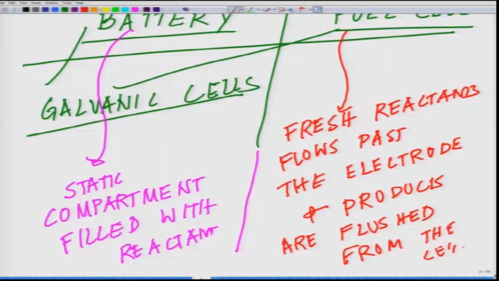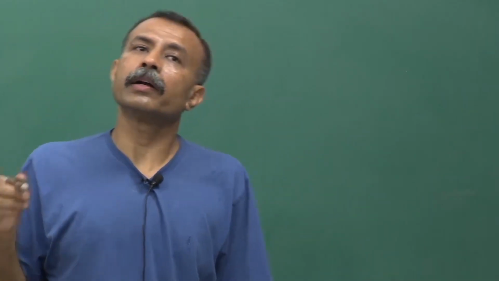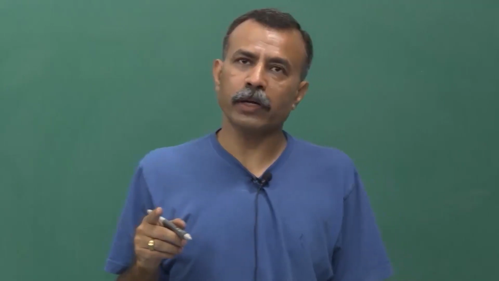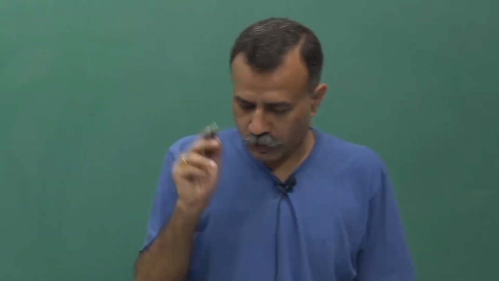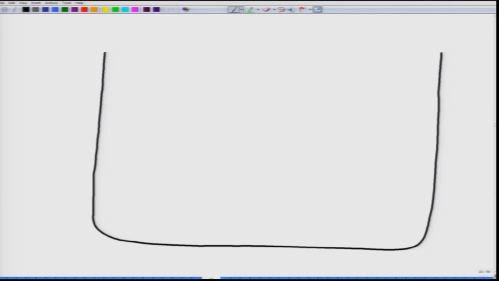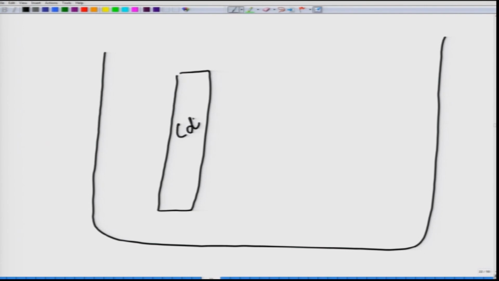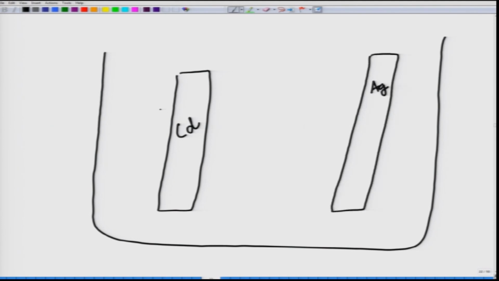So now let's draw another. We talked about the copper and the zinc in the previous class. So today we'll talk about a different kind of electrode where it will be a cadmium and AgCl. So to start off with, let's draw a galvanic cell where you have an electrode which is a cadmium electrode, Cd, okay, and you have an AgCl electrode which is Ag, and here you have,